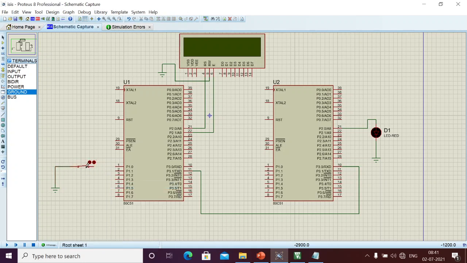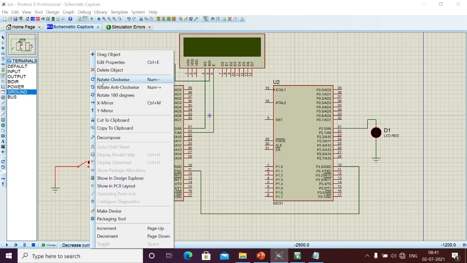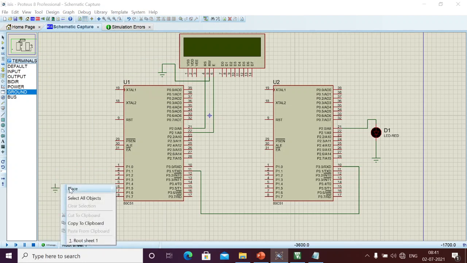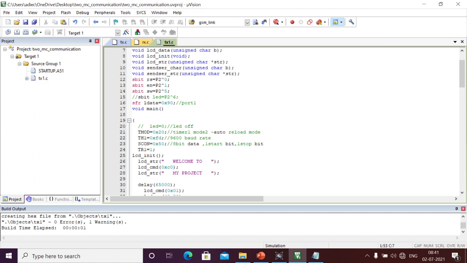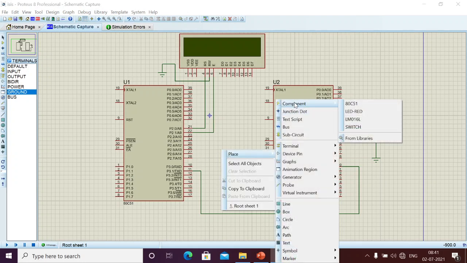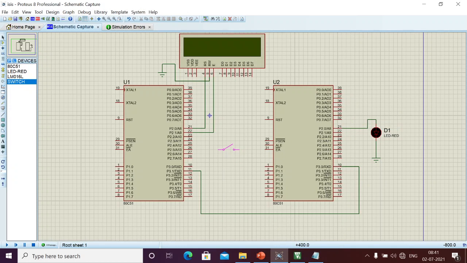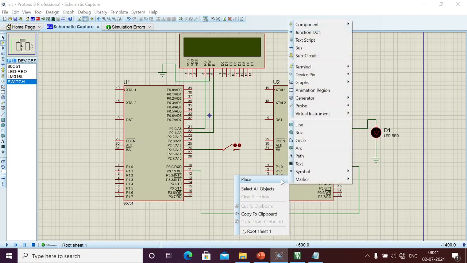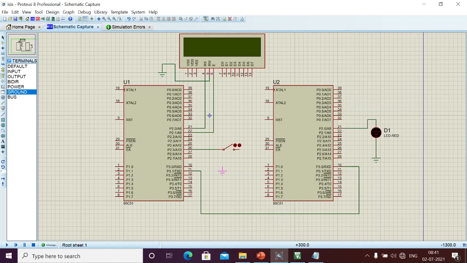This switch I am going to move to another place. I will remove it for now. In our programming, the switch was connected across 2.5, so here I should connect 2.5. The other end I should connect to the ground terminal.